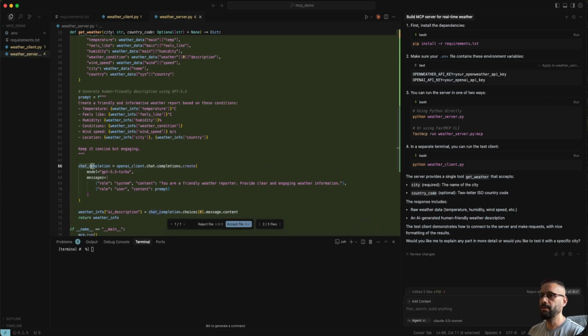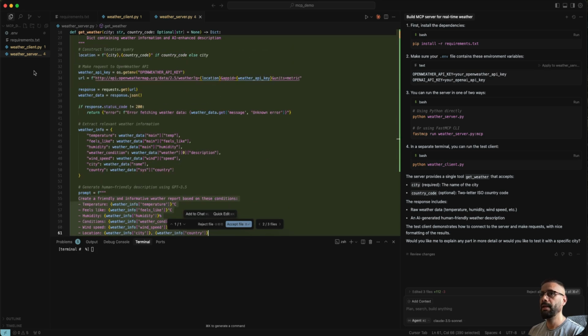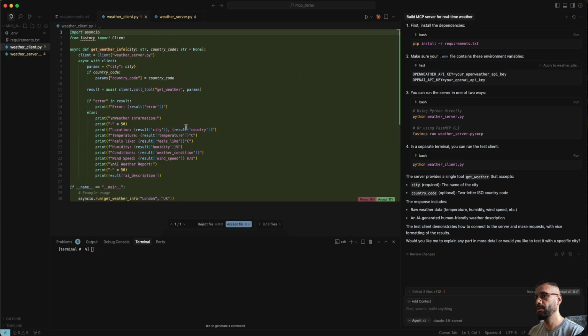And you can see the chat completion. It is using OpenAI and passing a prompt: you are a friendly weather reporter, provide clear and engaging weather information. And for the content, it's basically getting all the information from the OpenWeather API. This is super cool. And it has also created a client that we're going to use to connect with the server. So what I'm going to do right now is,